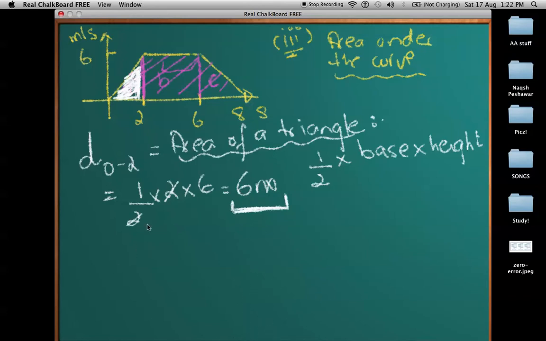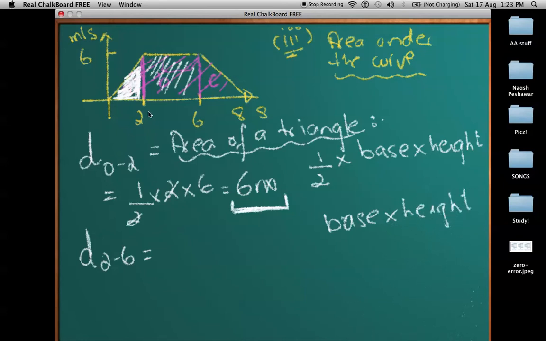But now the case is a little different here, but from 0 to 2, it traveled a distance of 6 meters. Now, from 2 to 6, let's find out the distance the car traveled. The car traveled again, we would find this by the area under the curve, which is this part here. This is a rectangle. So the formula for area of a rectangle is simply base times height,